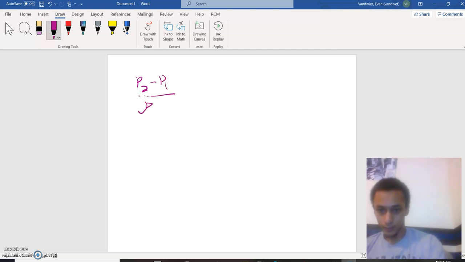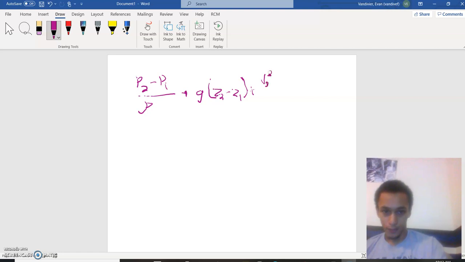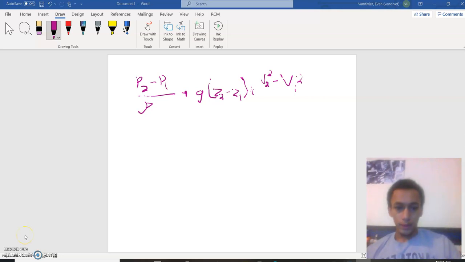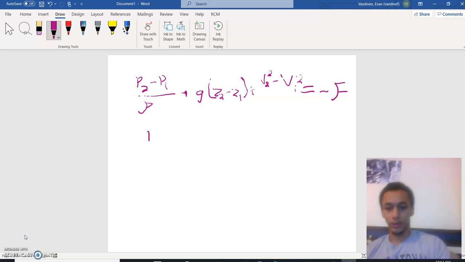over rho, plus a change in position and the velocity, V2 squared plus V1 squared, and this will be equal to the negative frictional factor. So if we divide everything by g here, rho g